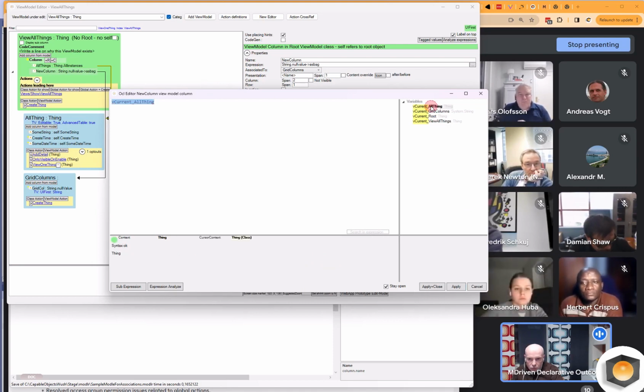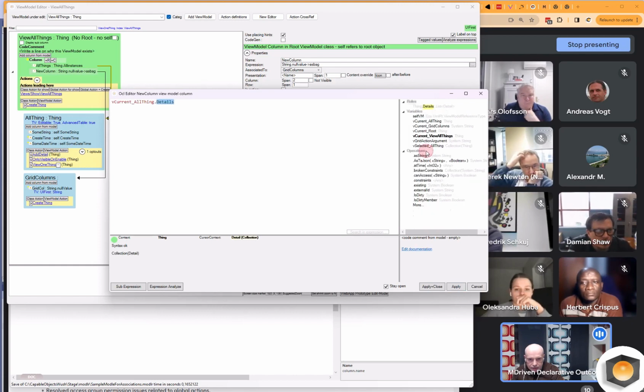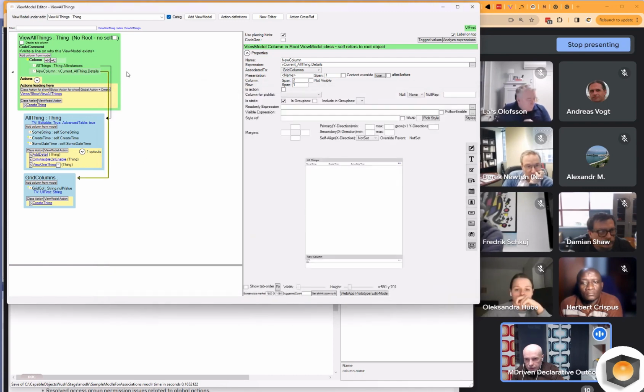So v current of all thing, and for that one I would follow the association to the details and apply that, and then I can name it details for current thing, for example.